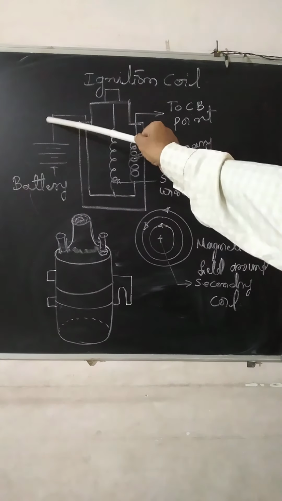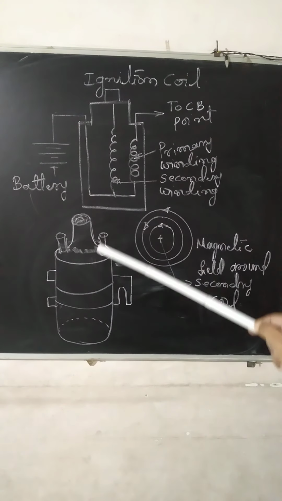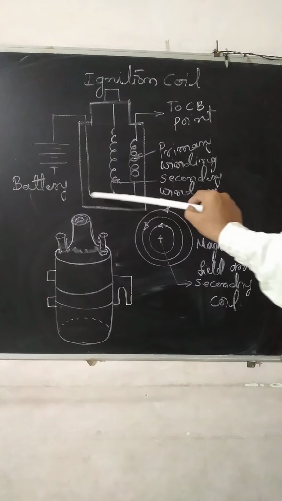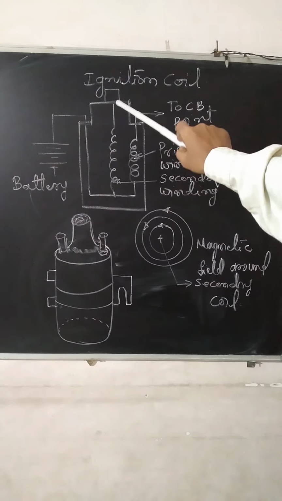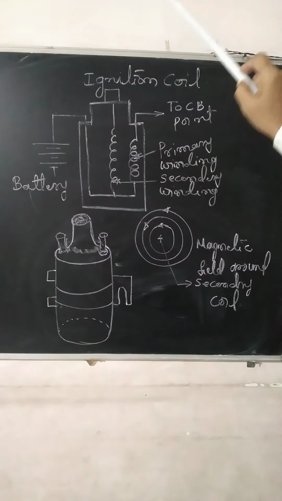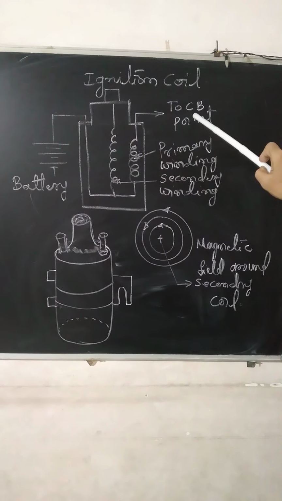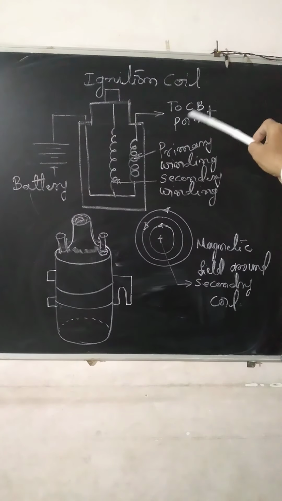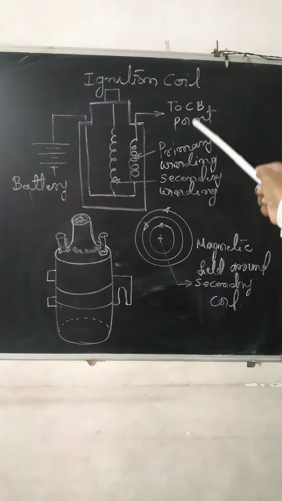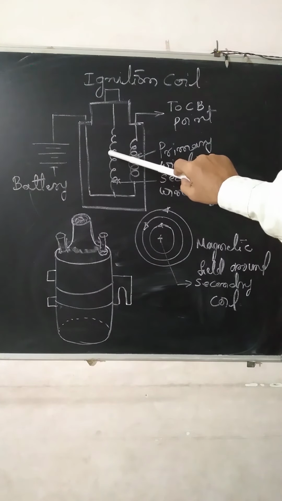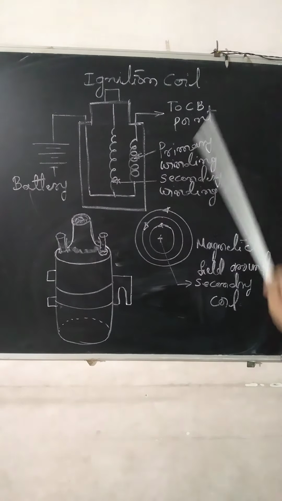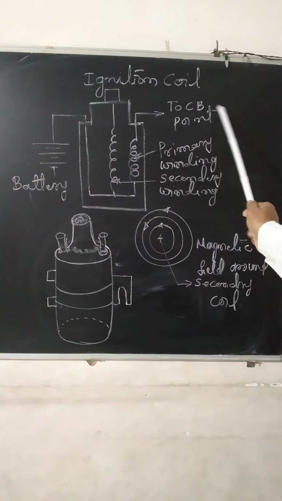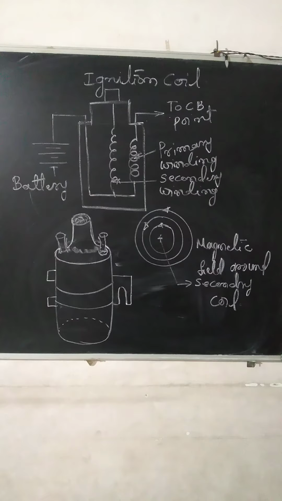So this is the battery. A DC current is going over here. In the primary circuit, only 12 volts of the current is the input to this ignition coil, and the output of the ignition coil is 20,000 to 30,000 volts, and that happens when the contact breaker point opens and breaks. So in the next slide, we'll see how the contact breaker point helps the ignition coil give an output of 30,000 volts. Basically, when a flow of electrons is momentarily stopped over here, it gives an output of 20,000 to 30,000 volts.